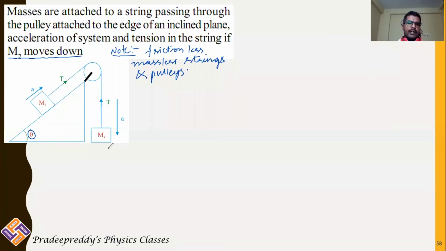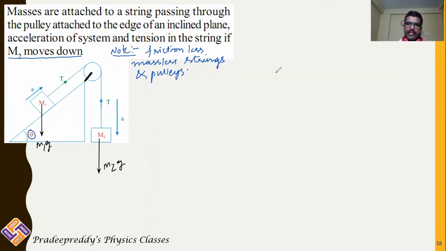Understand it carefully. Now, upon this mass M2, there is gravitational force which acts in the downward direction. And upon this M1, there is gravitational force acting in the downward direction. It is vertically down, it's not along the plane. Acceleration and the gravitational force are both in different directions. So tension is T, which is upward. Acceleration is also upward, and gravitational force is in the downward direction. I will be writing this as M2G and this as M1 into G. Okay.